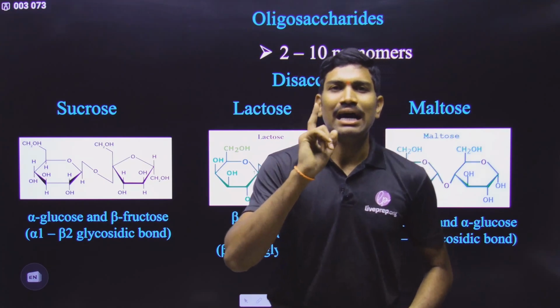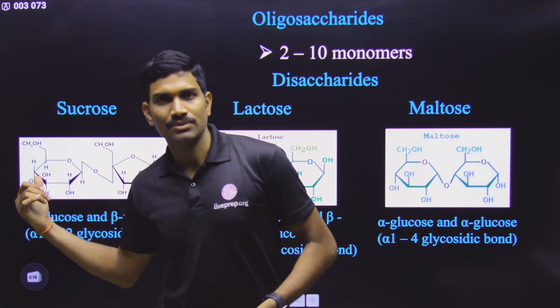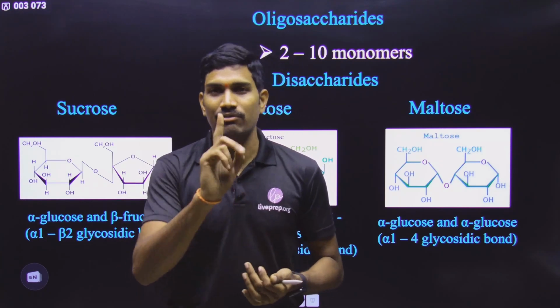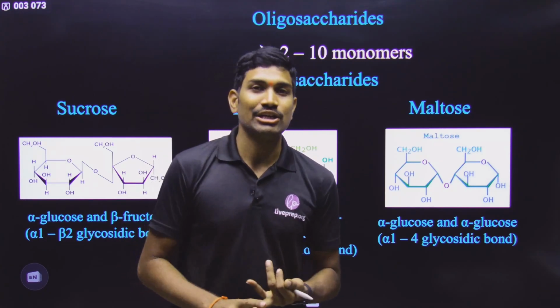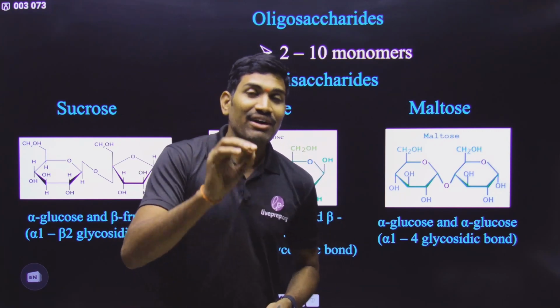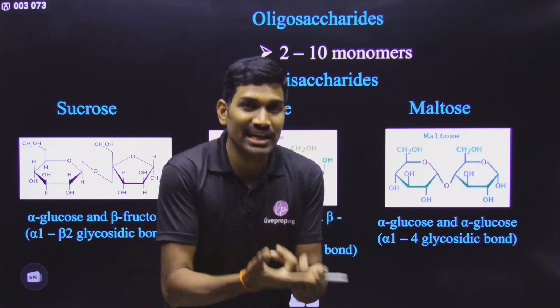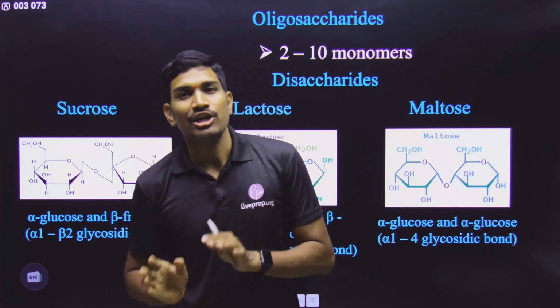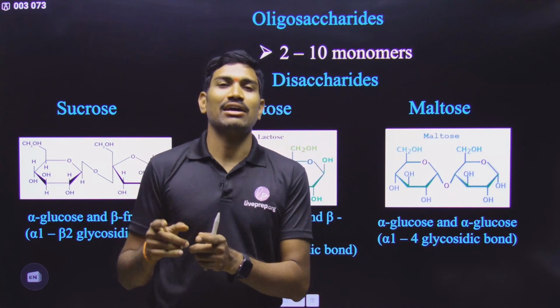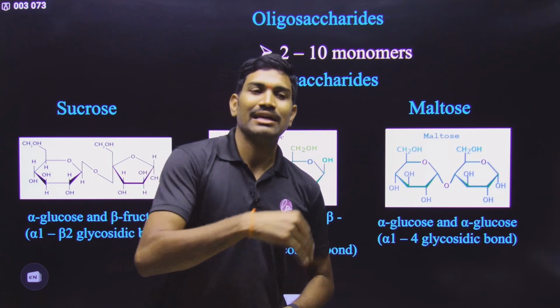Simple logic. Already we studied about these carbohydrates. They have either an aldehyde group or a ketone group. Either an aldehyde or a ketone group is there. Now what you need to observe? If the aldehyde group or ketone group is free, these free aldehyde or carbonyl groups can reduce that